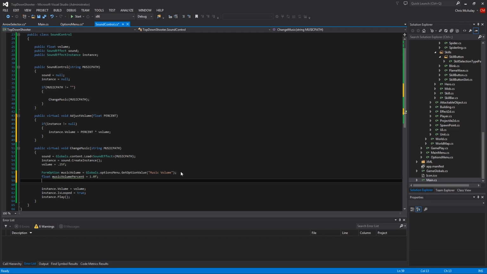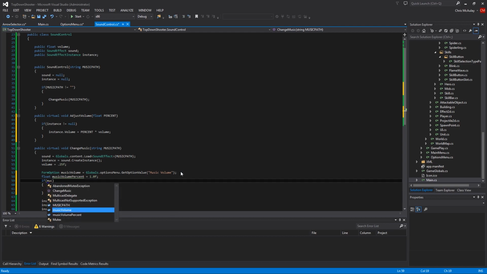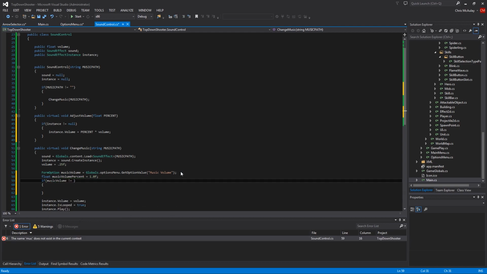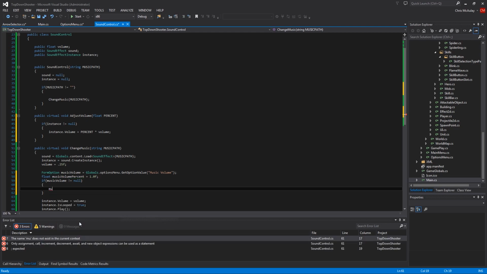If you can't find the option because the option doesn't exist or whatever, full volume. So if music volume not equal null, meaning we can find it in the options, then we're going to say music volume percent equals